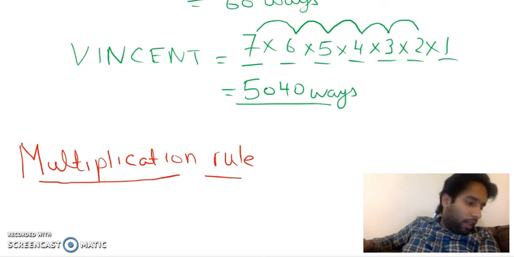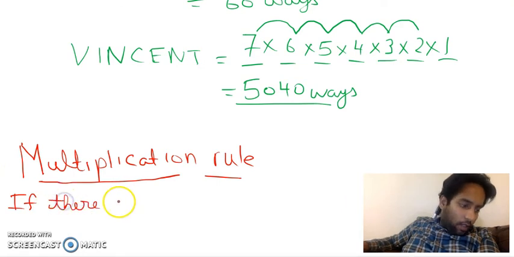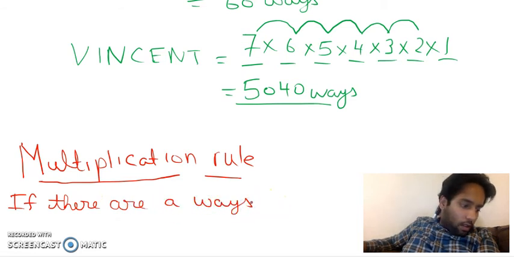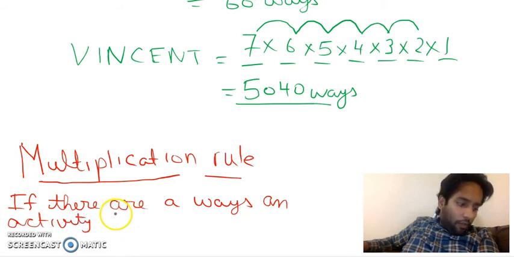So if there are A ways an activity can be performed, and activity can be performed